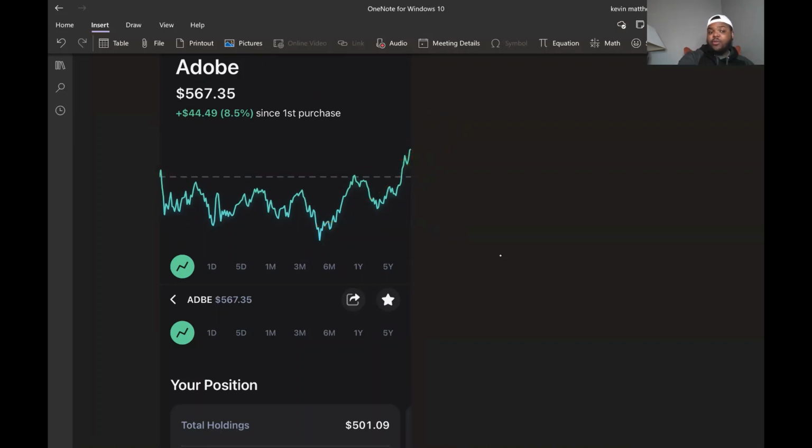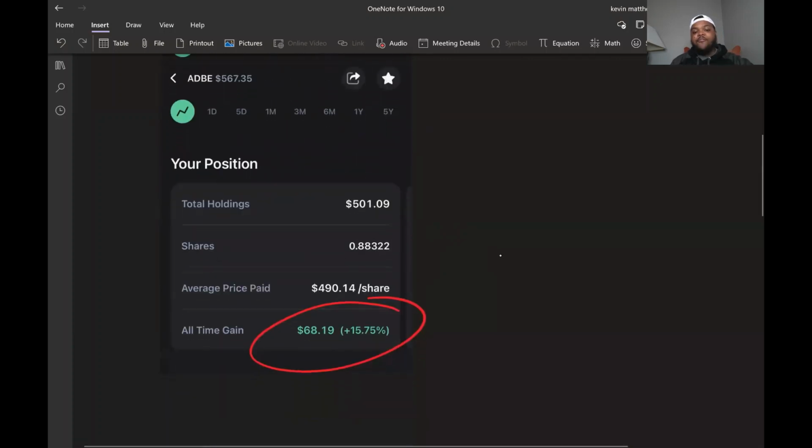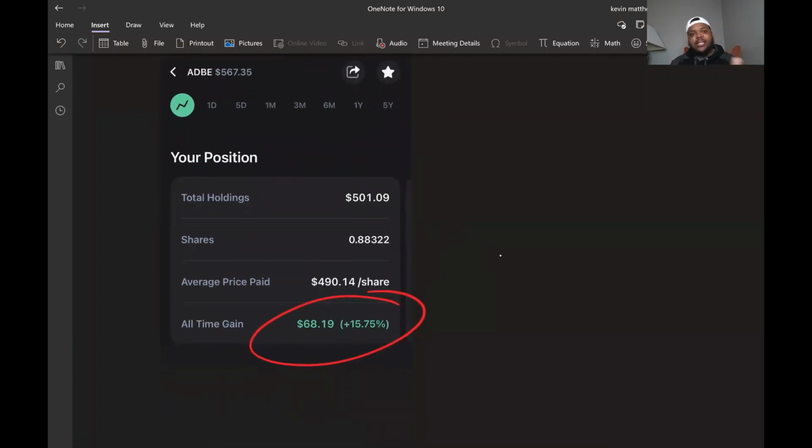So that's just Adobe, right? Again, I've been complaining about them, but I'm looking at it now 6 months later, which is why I tell y'all I just sit back at least 6 months. Sometimes I wait a year and let things play out. It was not looking good for me for a very long time, but it's finally starting to pay off. But also, I'm up 15% because I did that dollar cost averaging strategy, the thing that you need to be doing.